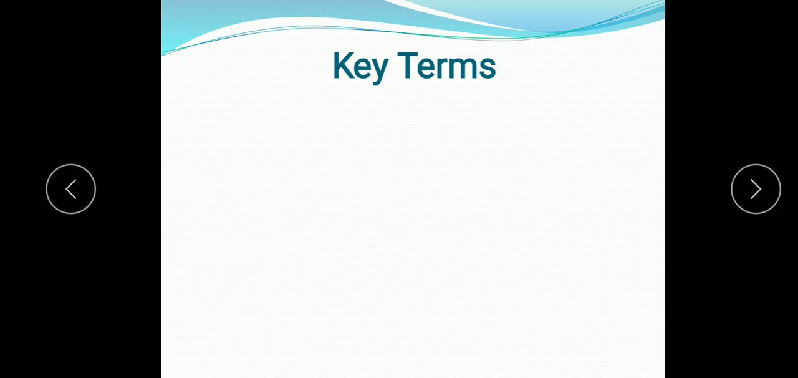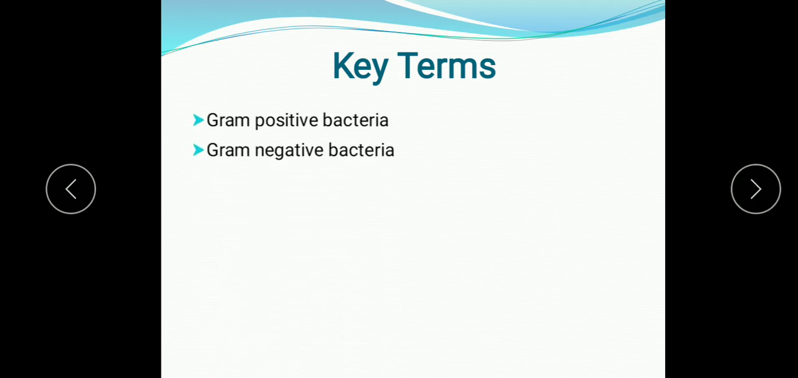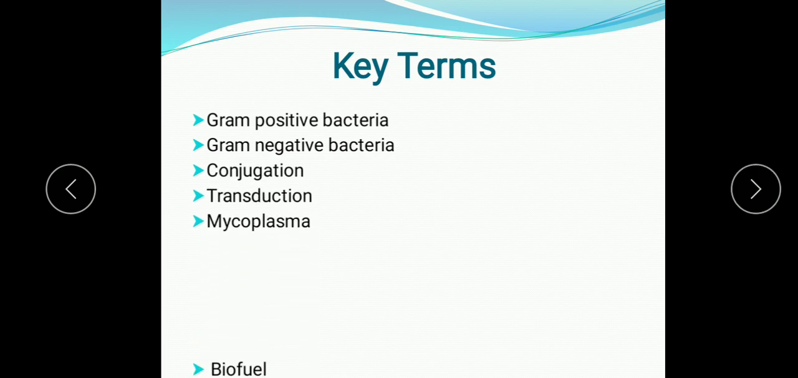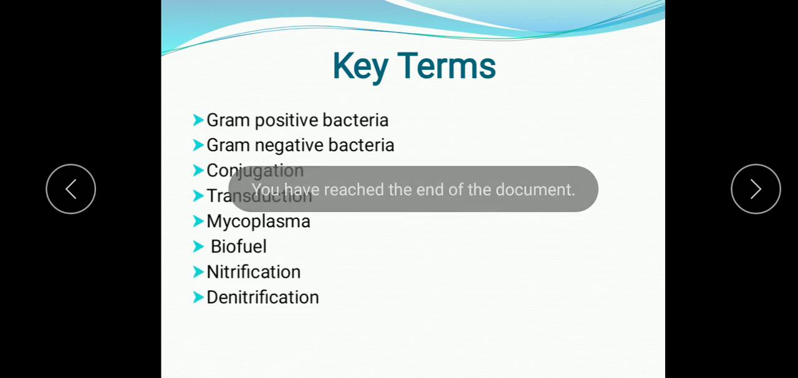So students, we have completed the kingdom Monera, right from the salient features, then the structure of bacterium, classification of bacteria on the basis of shape, size, respiration, nutrition, then gram staining, and the process of reproduction we have studied. Now learn these key terms: gram positive bacteria, gram negative bacteria, conjugation, transduction, mycoplasma, biofuel, nitrification, denitrification. So you study